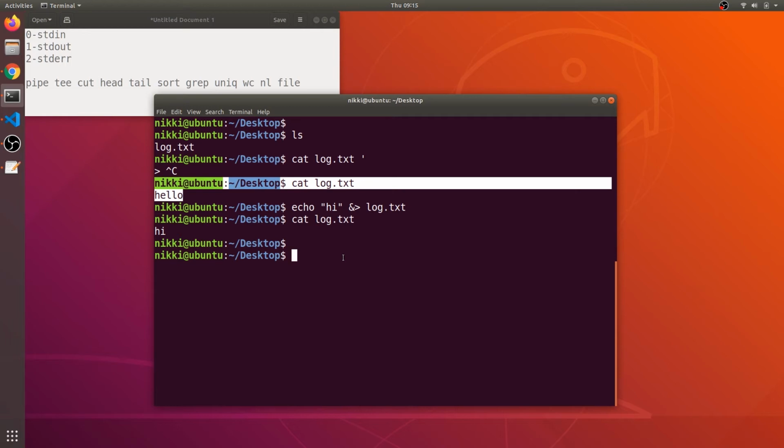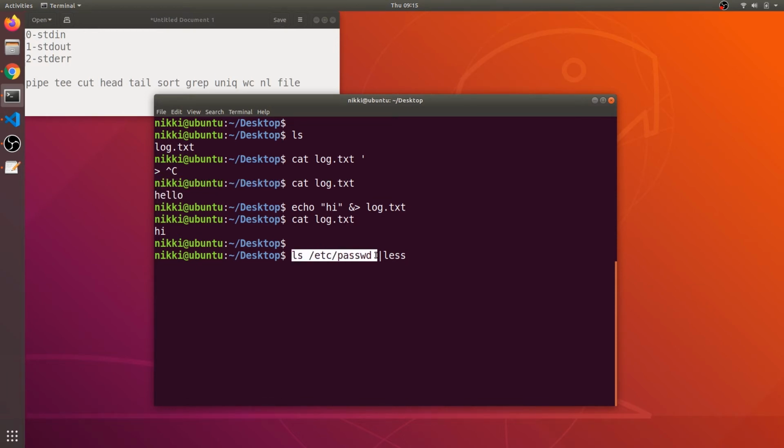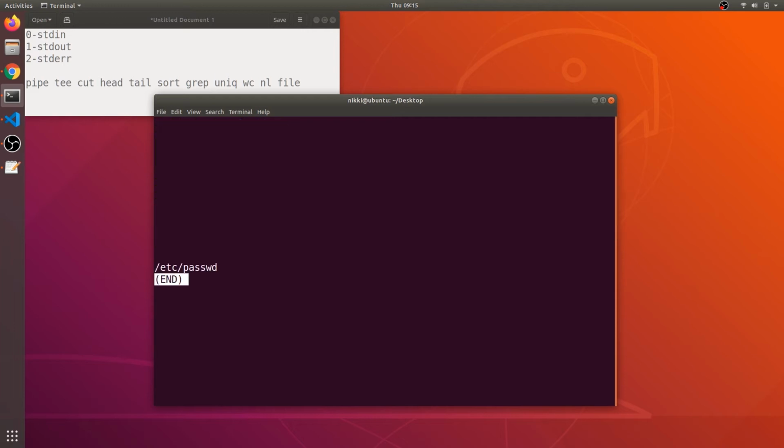Now I want to talk about the pipe command. I have said this in the previous video, but again this is very important. Let's say ls /etc/passwd. This is a file which is located in my system. I want to pipe it to ls. Now the output of this command will be taken as input of this command.